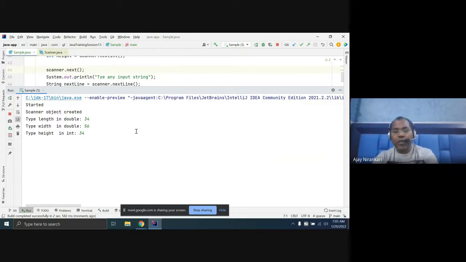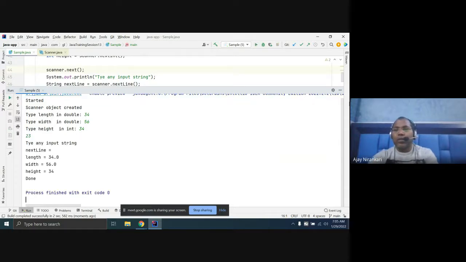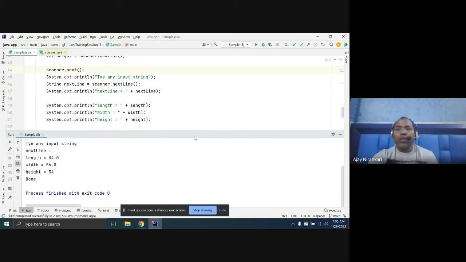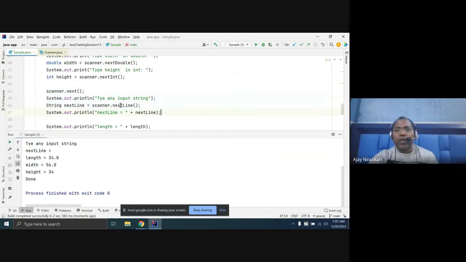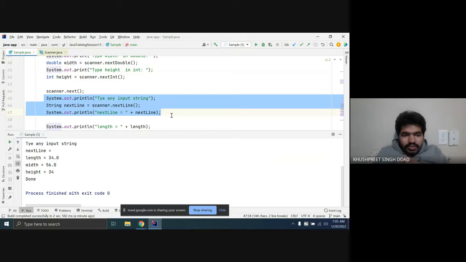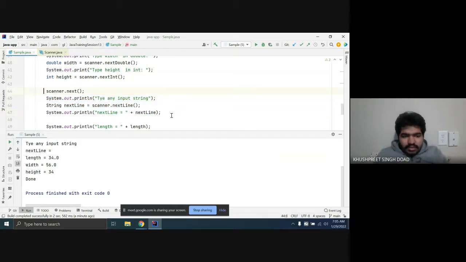Now they are expecting you to type something, but still you are getting this. So this line does not work, right? Let's write scanner dot next, I think there will be scanner dot next line.